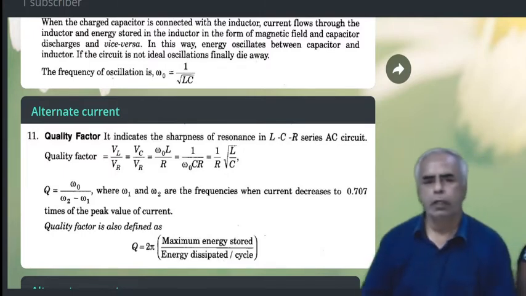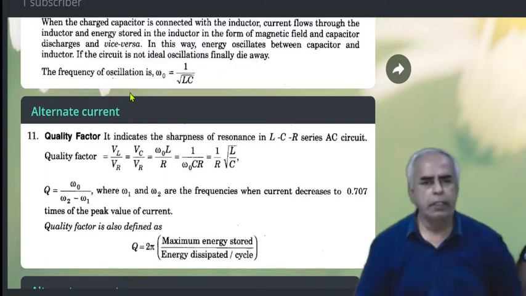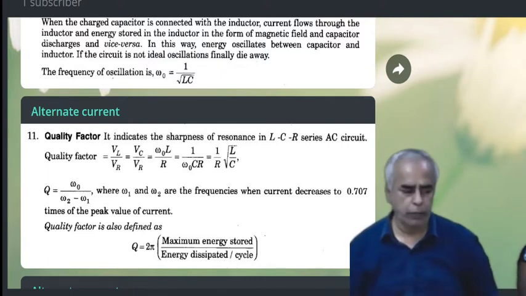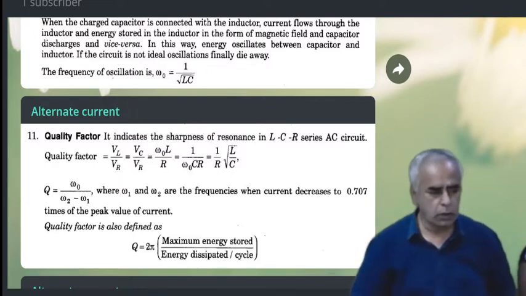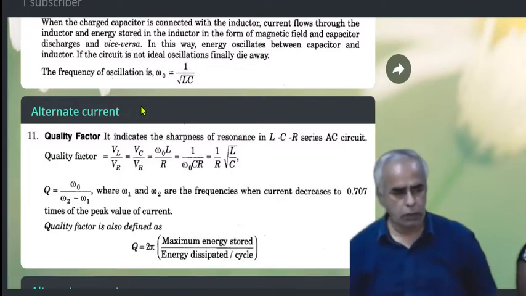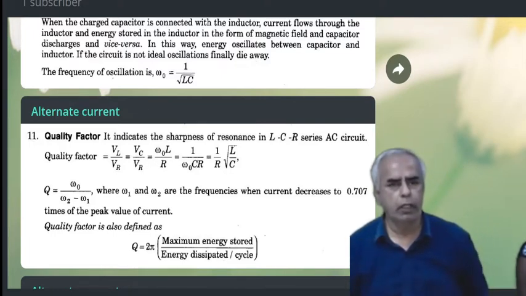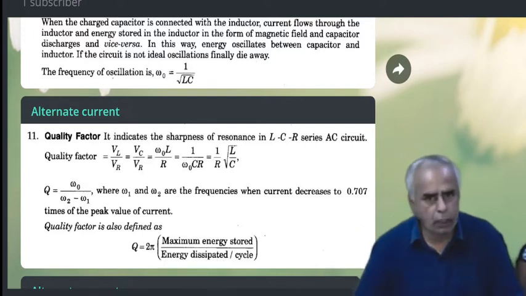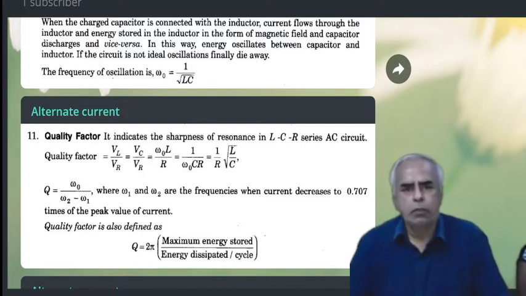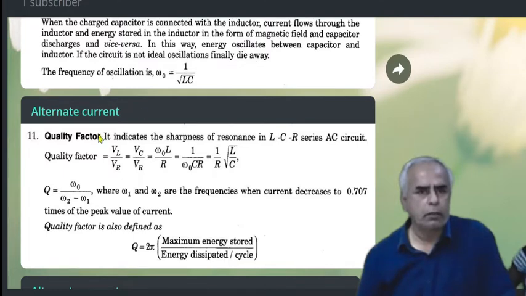the inductor voltage and the voltage across the resistor, and it can also be represented as the ratio between VC and VR. What is VC? The voltage across the capacitor. VR, the voltage across the resistor. The VL is given as L omega. So L omega naught, that represents the resonant angular frequency, omega naught. So omega naught L divided by what? R.